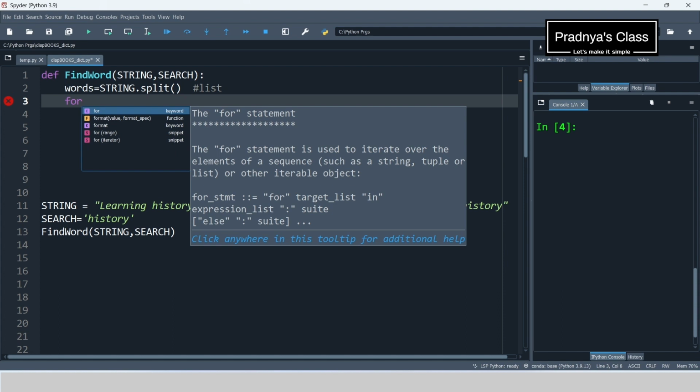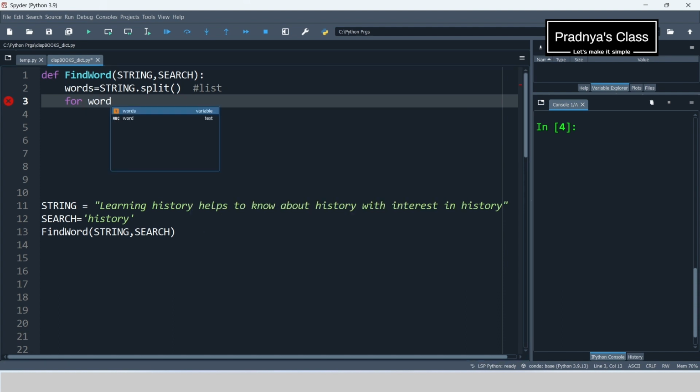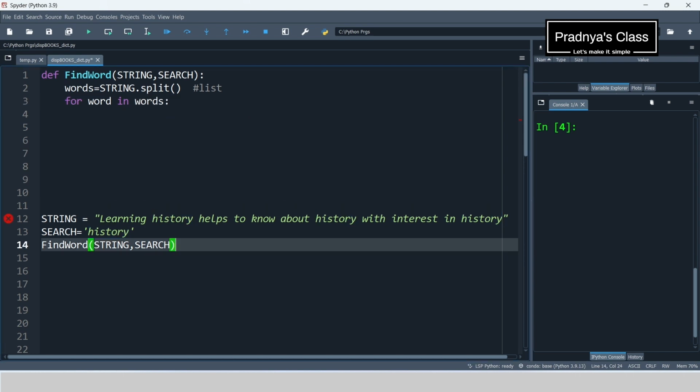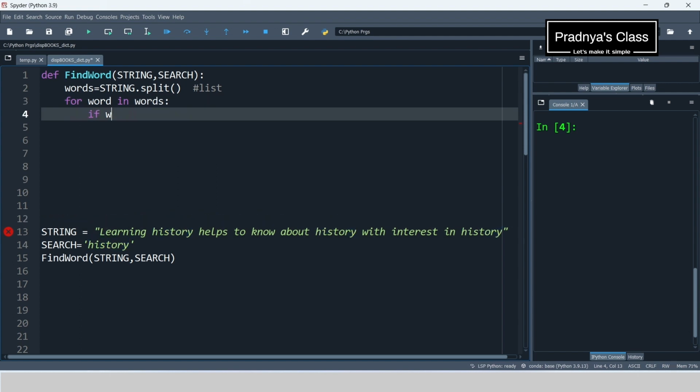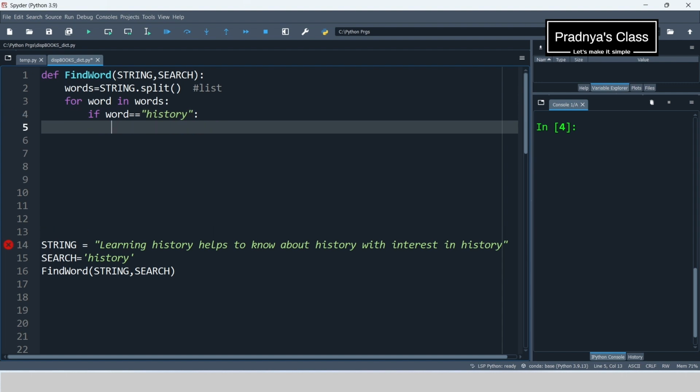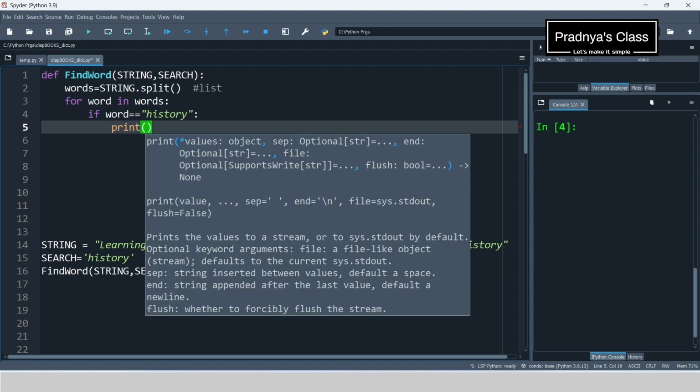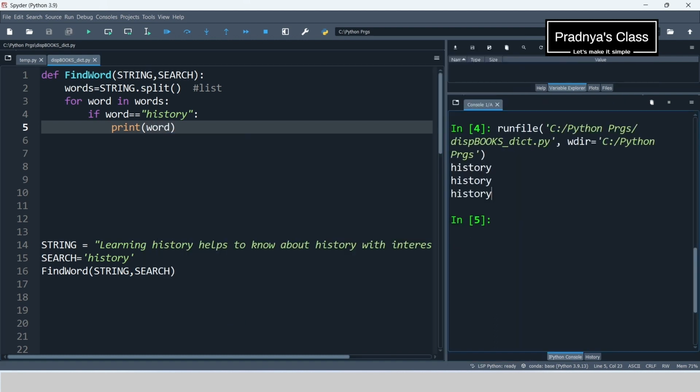Now we will be iterating over the list. So for word in words list. From the given string we need to check the occurrence of the word history. So let's compare whether that word is equal to history or not. For that we will be using an if statement. If word is equal to history. All the history words are in lower case, so no need to bother about case sensitivity. Okay, now first let's make sure that we are getting the words correctly or not. From the output we could see that we searched the word history correctly.